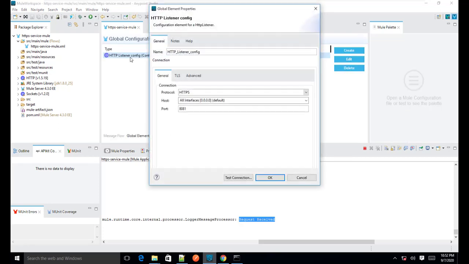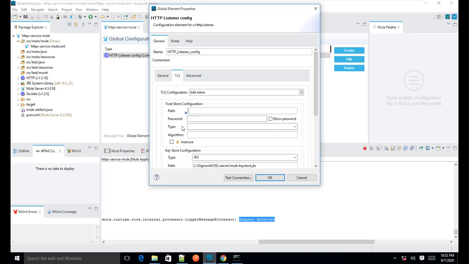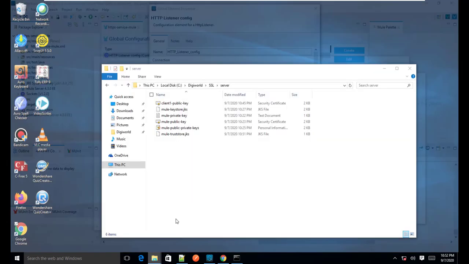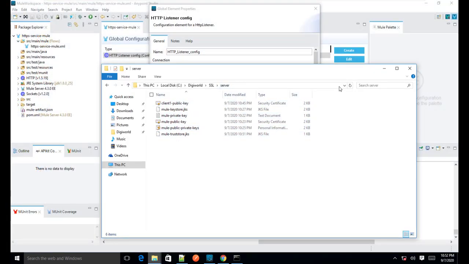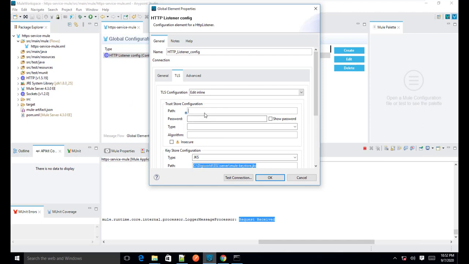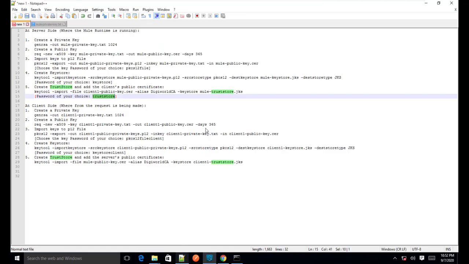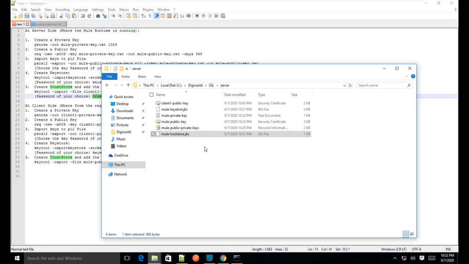So I'll go here in the TLS section, and in the path section the same path would be there, because the trust store file is also present in the same folder. So I will use this same path and put it here, and now I will keep the name as the trust store file name.